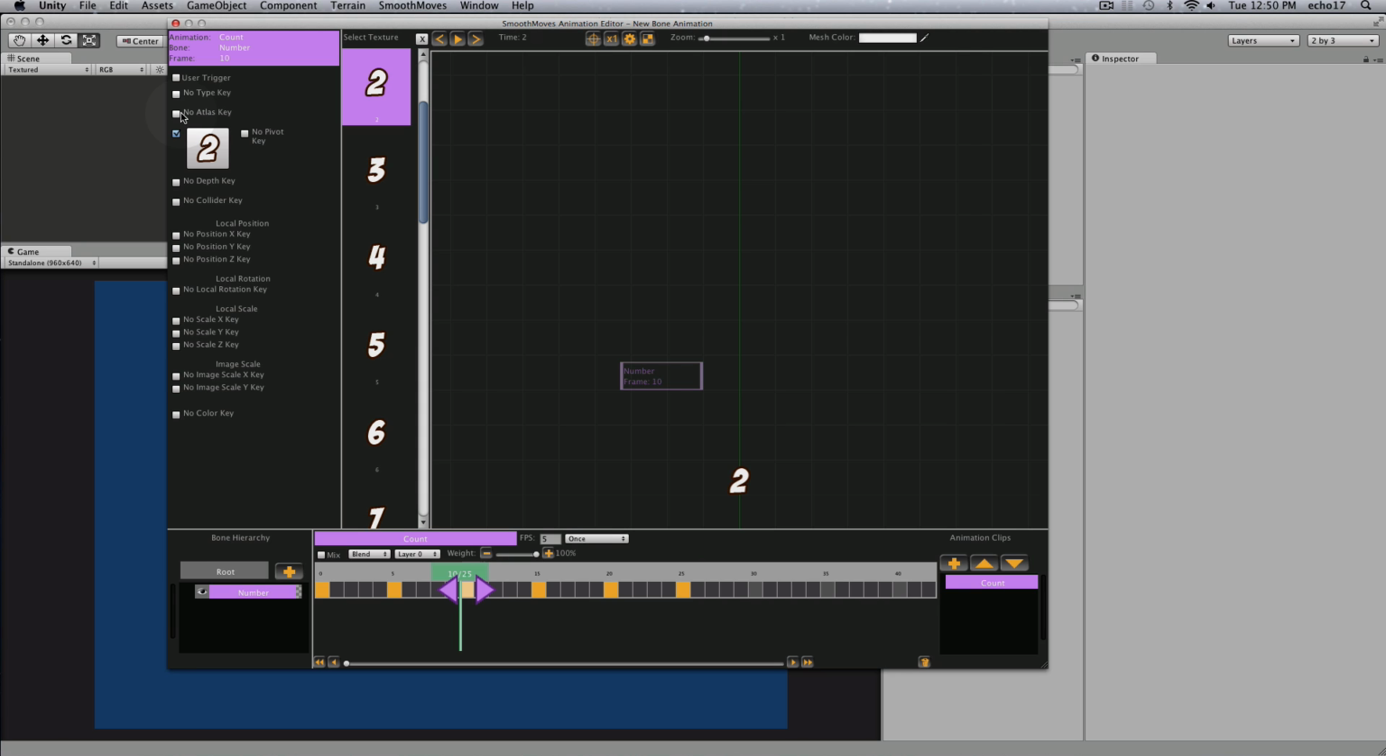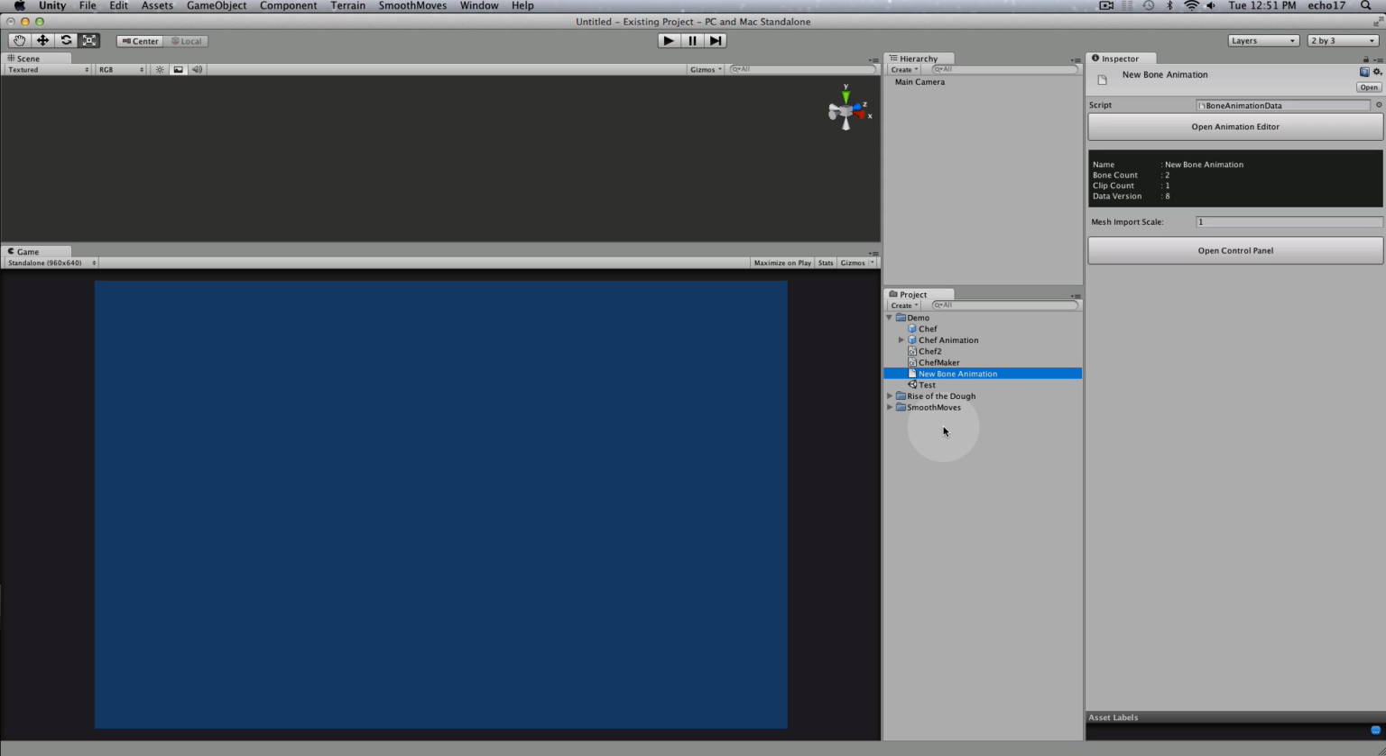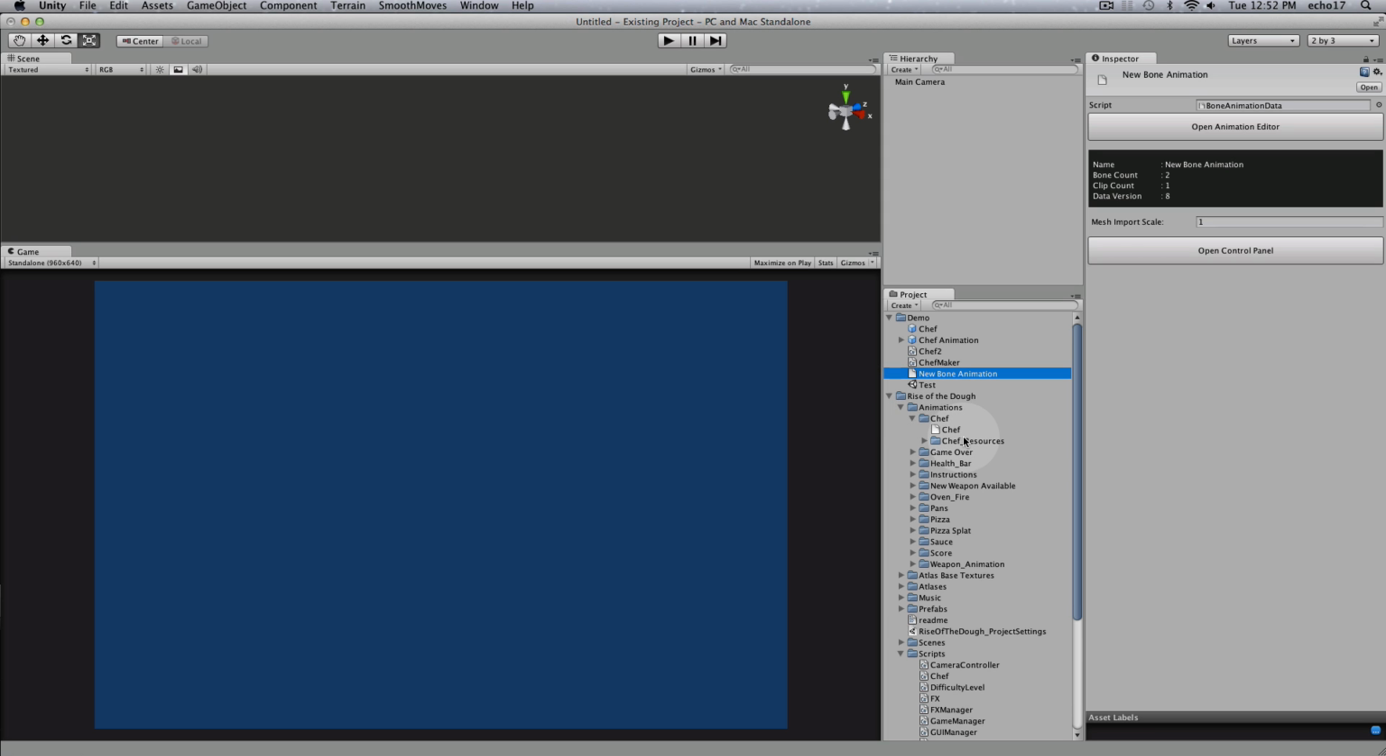This can be really helpful, especially if you're changing character poses. You might have a totally separate atlas for the back position of a character as opposed to the front of a character. An example of how this texture animation can be used can be found in Rise of the Dough. If you'll go to the pizza animation and open it,